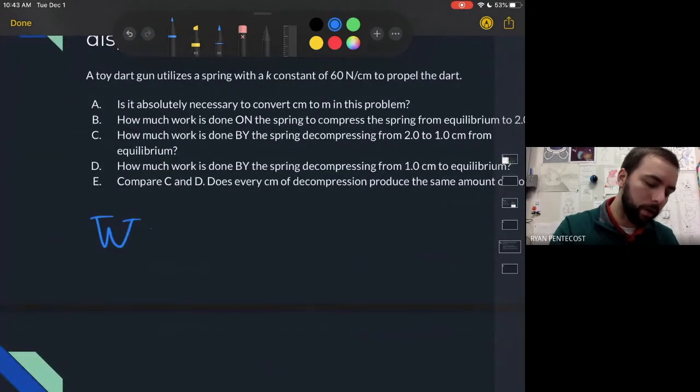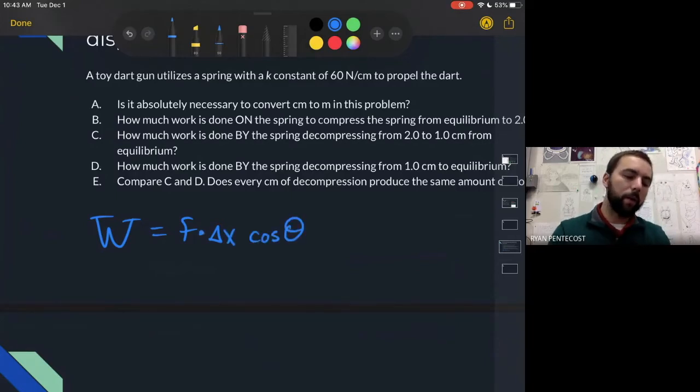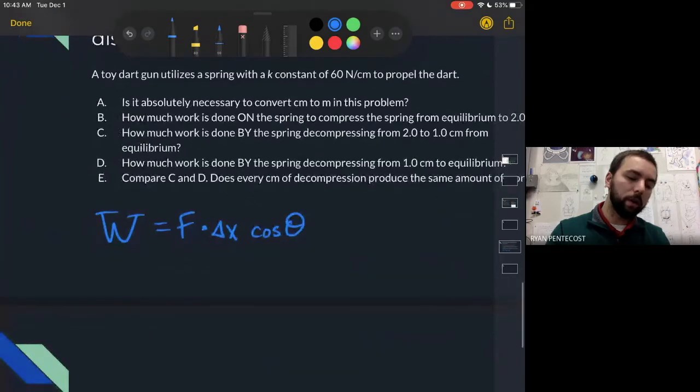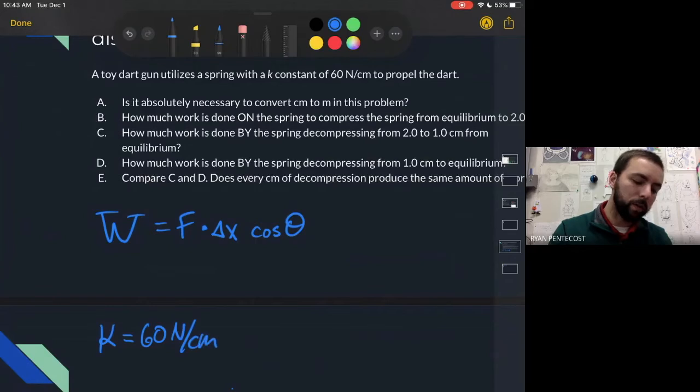Work is force times displacement, and then you've got the angle between the two. Now, that's not going to be the case for springs, and we're going to demonstrate why. So we have a dart gun utilizing a spring, and that K constant is 60 newtons per centimeter,